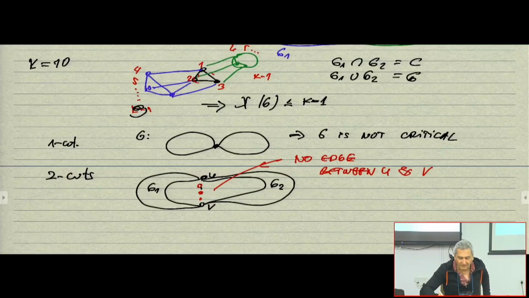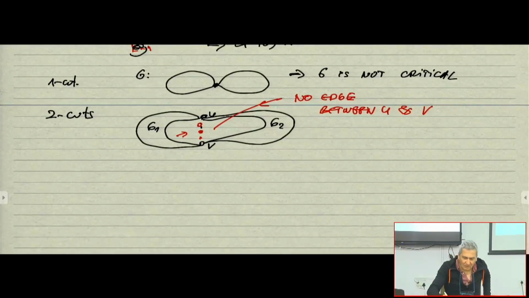So we can have critical graphs with two cuts, but in that case, U and V are not connected. Yes. There is also one theorem of Dirac,